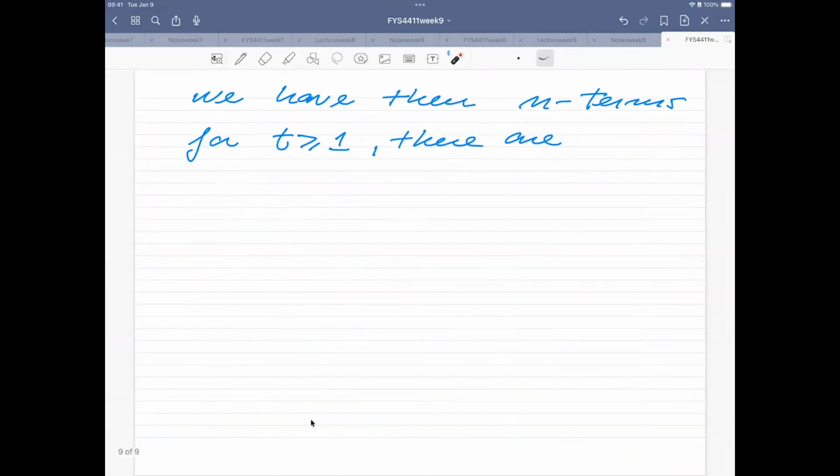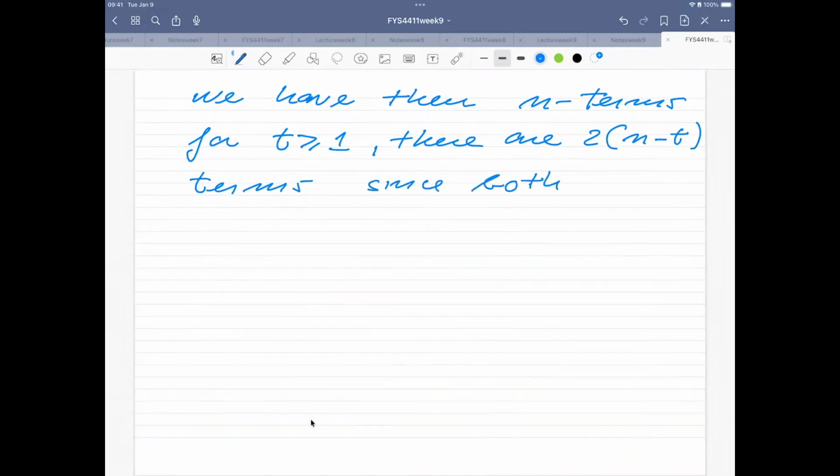So if I do that, since the matrix is symmetric, if you do the counting, then there will be 2 times n minus t terms. It's actually not so difficult to see that. If you look at the quantities i and j, the matrix is symmetric, and j and i contribute and are the same. So when I look at the double sum then,